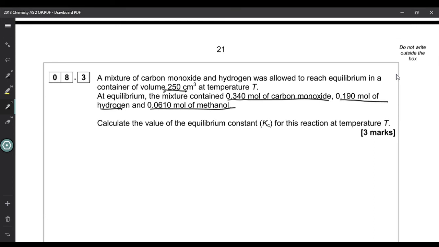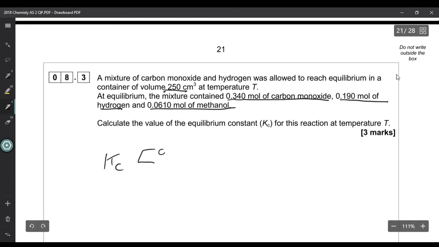Now remember, in our equation it's about concentrations, whereas these are absolute amounts. So to convert our absolute amounts into concentration, we have to divide by the volume that it's in, and in this case 250. So for example, the concentration of our product